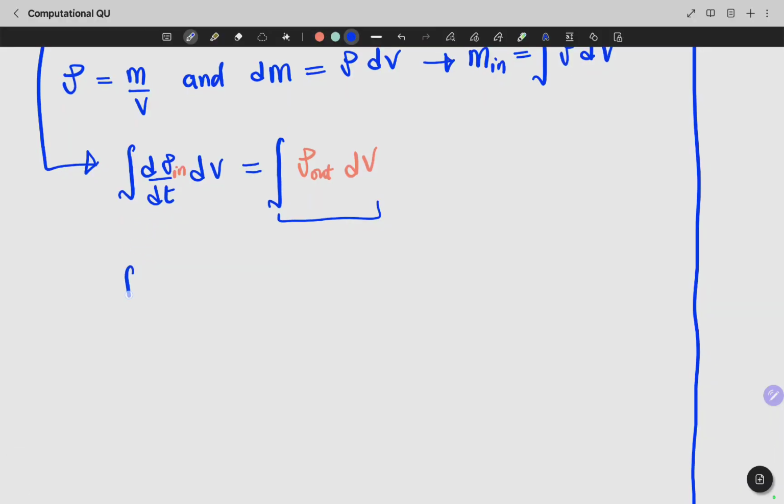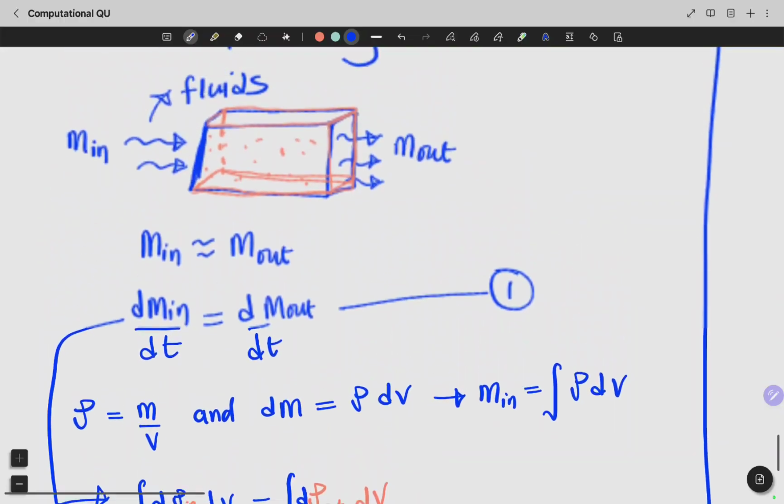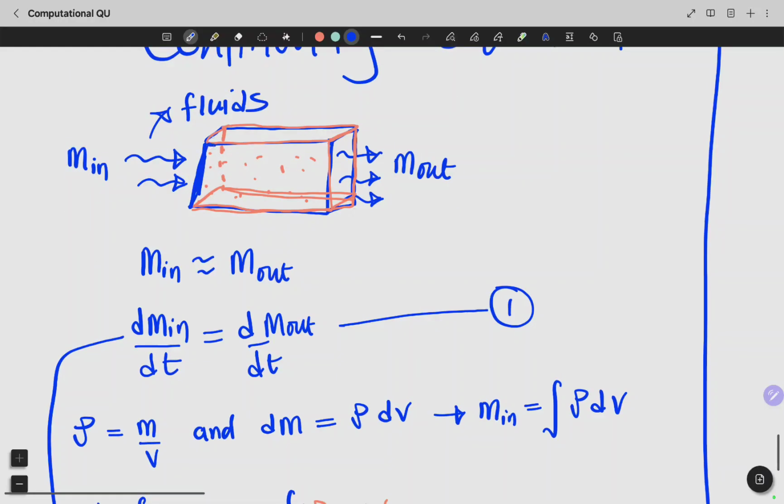The left hand side remains the integral of d by dt rho dV equals, you can rewrite this like this: rho out times L, sorry, there is this, right? So d by dt of rho times dl, that is the length, say a small length